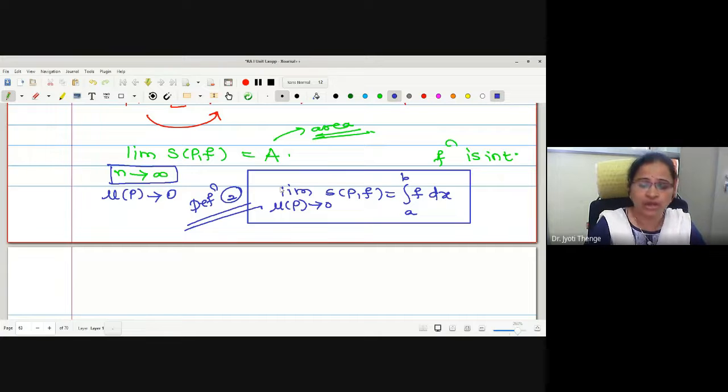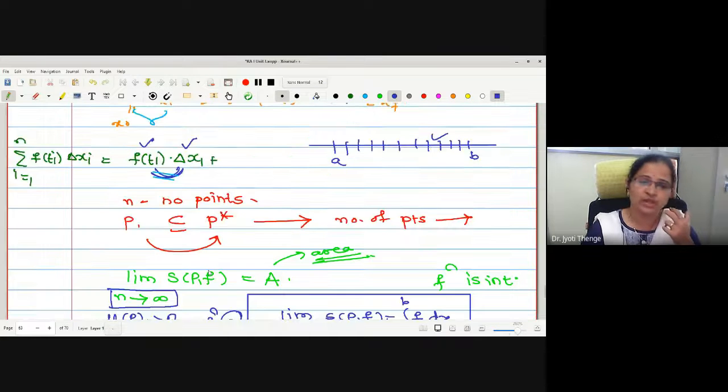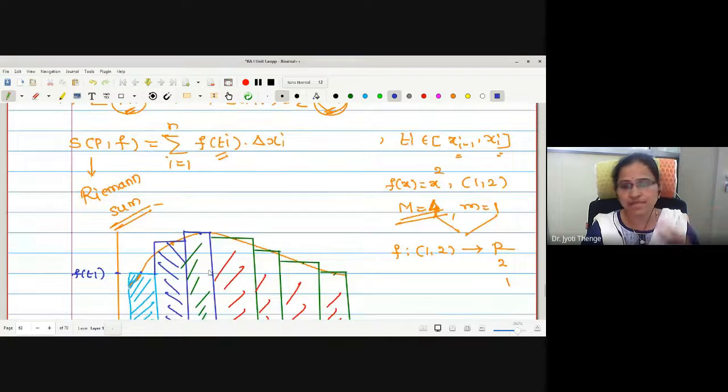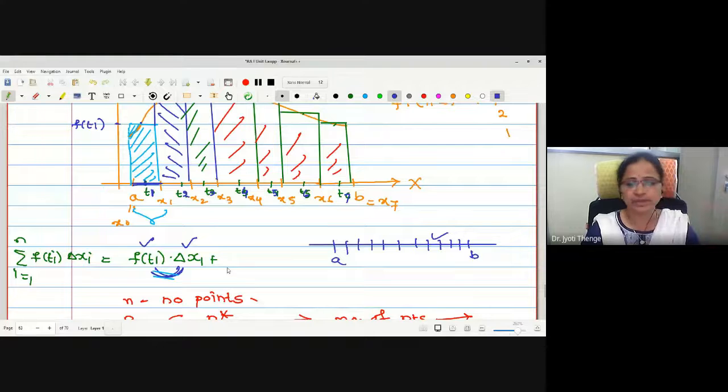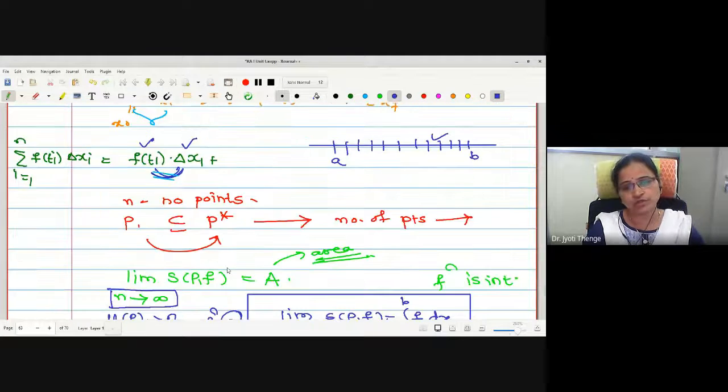Now Riemann has also proved that both the definitions are equivalent. They are same. That is, one can use the first definition or second definition as per the convenience. So in the next lecture, we will try to see the equivalence between the two definitions. If I wanted to prove the two definitions are equivalent, what one should do? We have to prove definition 1 implies definition 2, definition 2 implies definition 1. In that way, we can establish the equivalence between the two definitions of integrability.